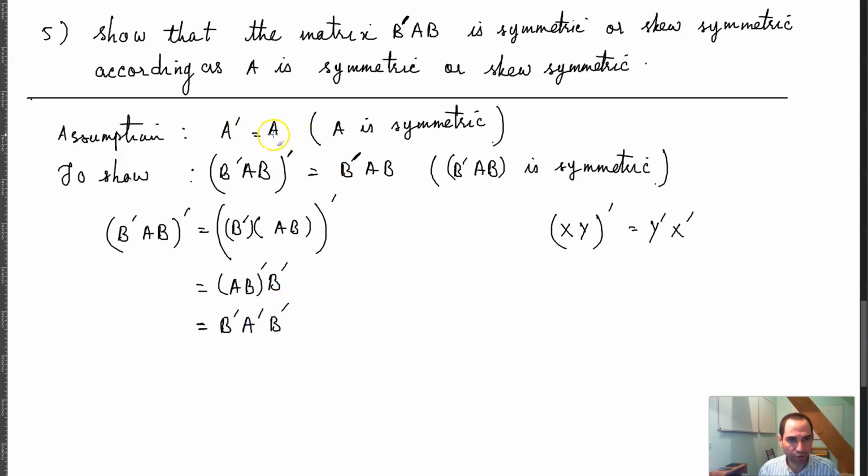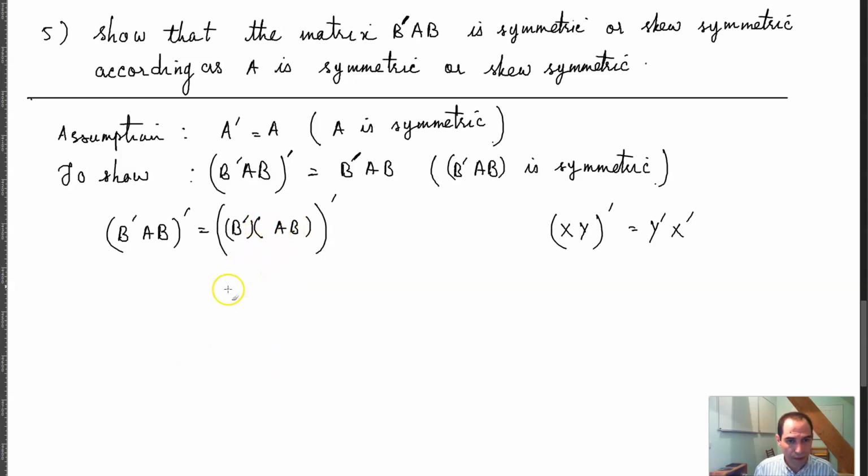Now, since A prime is equal to A, I can write B prime AB prime, and I apologize, I seem to have made a mistake here. You see over here,